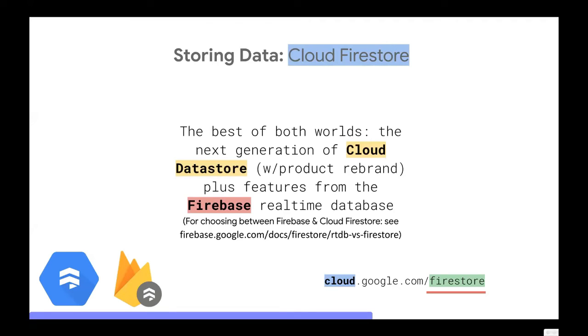There's still a lot of people that kind of like the simplicity of Firebase, and they don't need the massive scaling. So you can still use the Firebase database, but most developers, we kind of recommend that you go to Firestore, because that's the next gen, basically. So that's the NoSQL database that you should be using. And then there's a link there. Besides the homepage of Firestore, there's also a link in case you're trying to figure out which of the two Firebase databases to use.